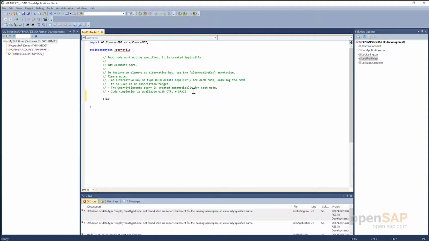Let me say I want to create a field with the name job ID. This is how you specify it, with the keyword element and the name of the element, and then you have to provide the data type. The data type I would use here would be ID. In case you want to see the list of data types, you could do a control space, which would give you the list of objects available in the repository. So, I specify ID as the data type for this job ID,